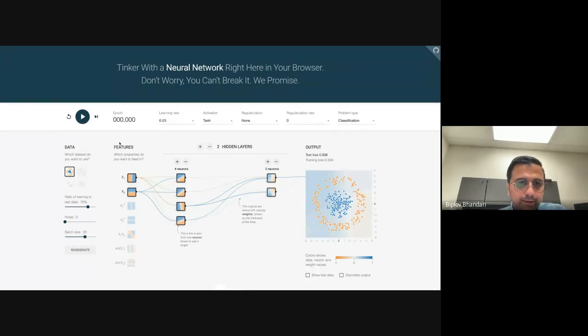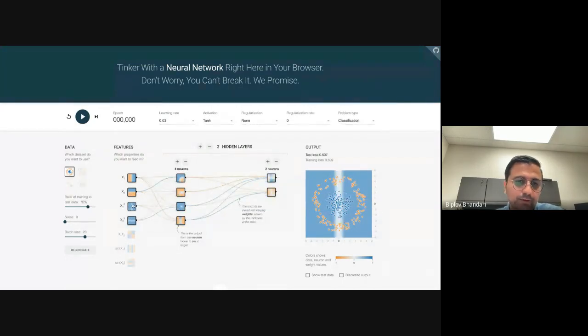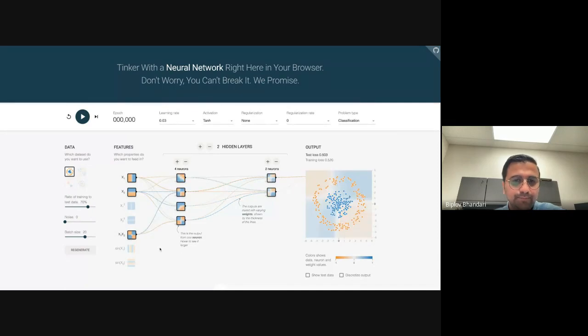And here are the features. So we have x1 and x2, just 2 features here, but you could also construct new features. So as a remote sensing scientist, if someone gives you an NIR band and a red band, a natural instinct is to think about NDVI. So NDVI is an additional feature that you could derive from your input data set. Similarly in this case, you have x1 and x2, and you can choose x1 squared, x2 squared, whatever you want. In this case, I'm just going to choose x1 times x2.